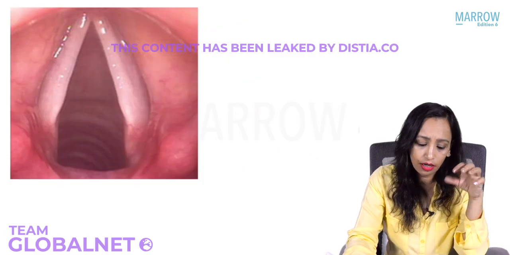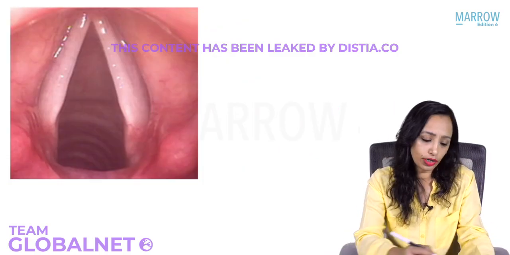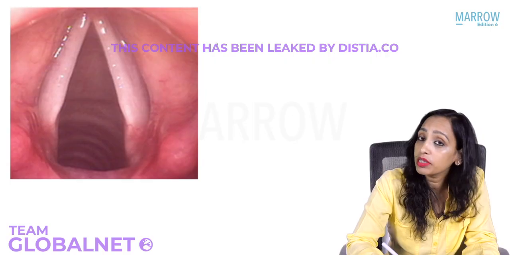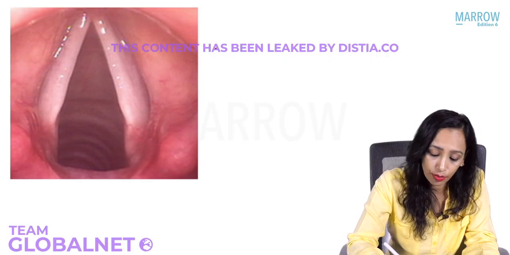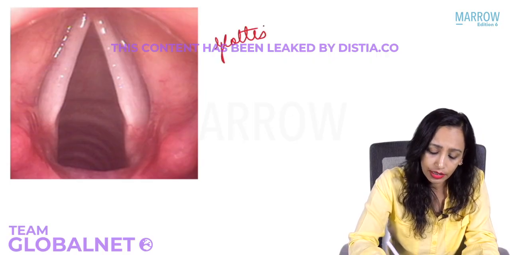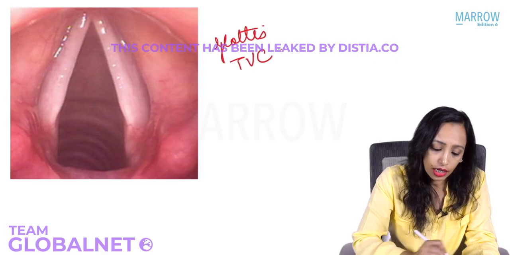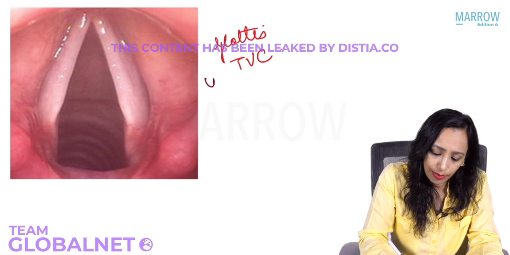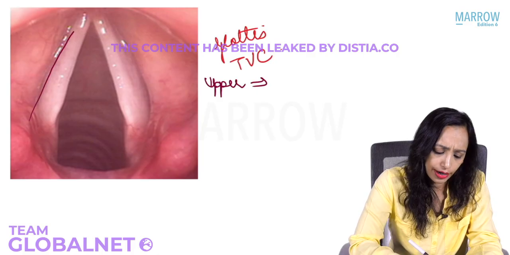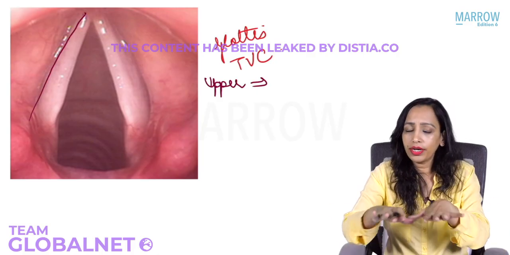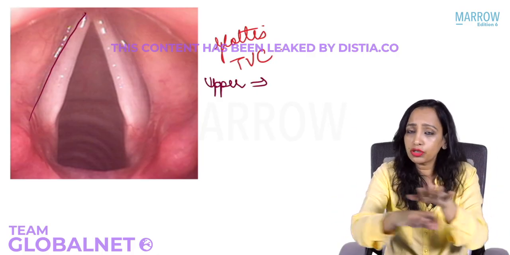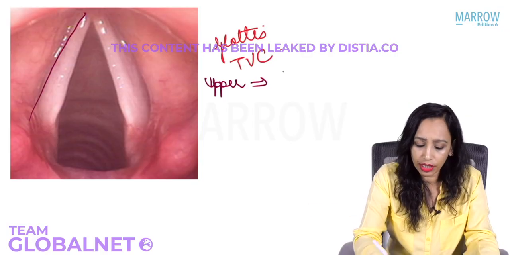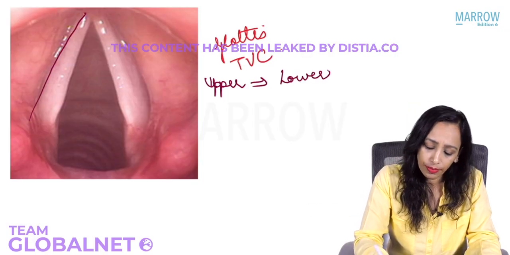So if we are seeing this picture, this is the picture of the glottis. This is how the glottis actually looks in real. The endoscopic picture, this is the glottis. Yes, this is the true vocal cord. The boundaries of the glottis are, the upper boundary is by a line drawn at the ventricle. Above the true vocal cord is the ventricle. Yes, so if we draw a line just below the ventricle, at the lower border of the ventricle,